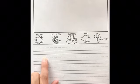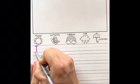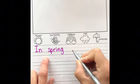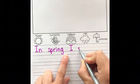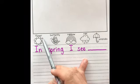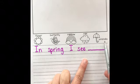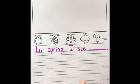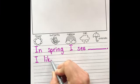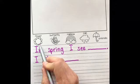I think I would start my story with, In spring, right? So capital I, finger space, spring. In spring, I see, and then maybe I'll put one of the words that I see. I see flowers. Oh, you have to add an S. I see butterflies. I see rainbows. I see rain. I see umbrellas. And then put a period, right? What do you see? And then maybe you could say, I like, and you could write that word. So in spring, I see flowers. I like flowers